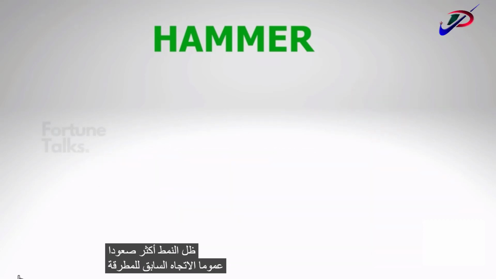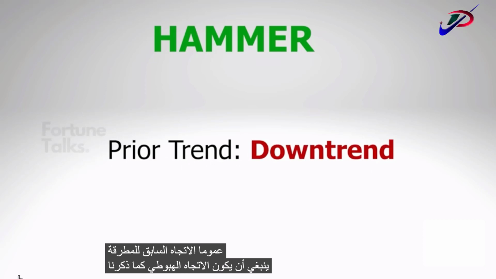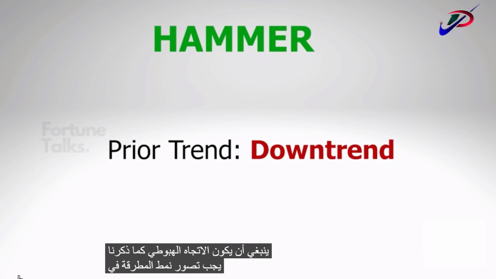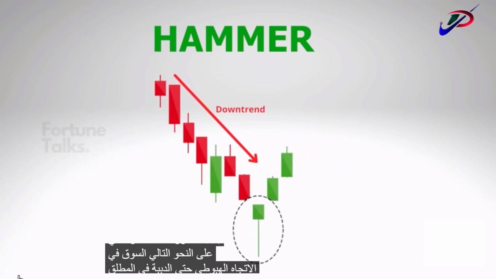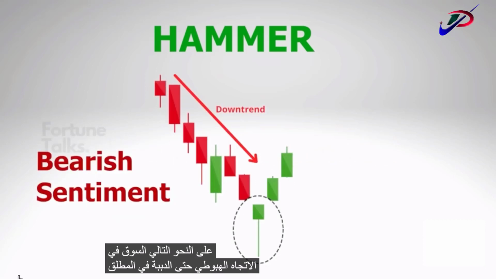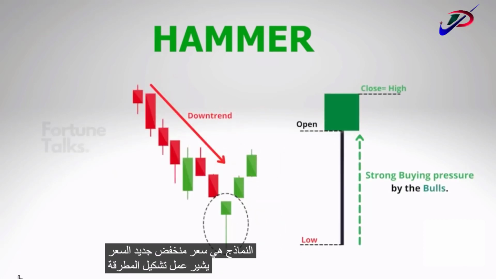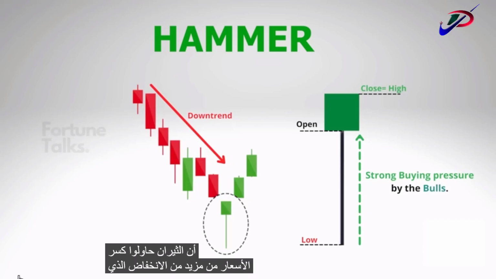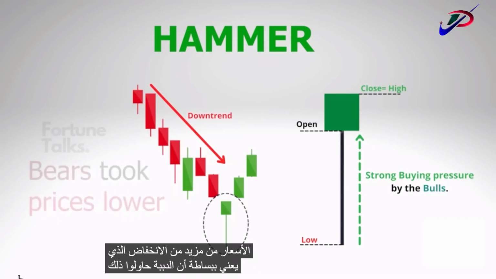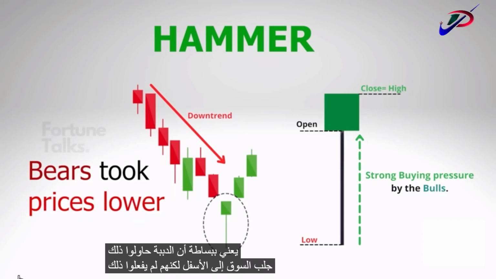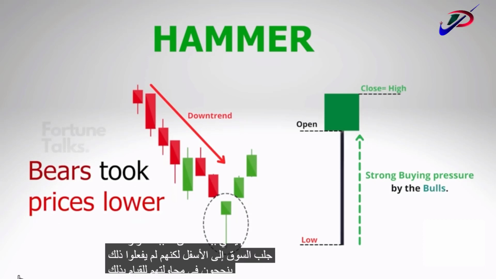Generally, the prior trend for a hammer should be a downtrend, as mentioned. We should visualize the hammer pattern in the following manner. The market is in a downtrend, so bears are in absolute control over the markets. When a hammer forms, the price goes even lower and forms a new low. The price action of hammer formation indicates that the bulls attempted to stop the prices from falling further, which simply means that the bears tried to bring the market lower, but they did not succeed in their attempt